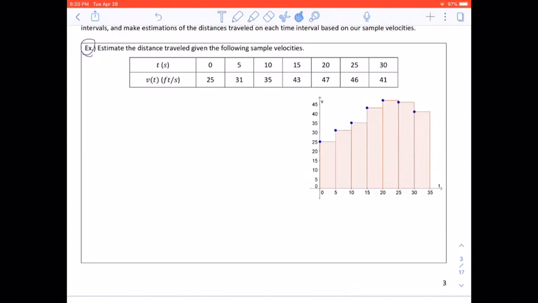Most of the time you see one either as a table or as a graph, usually not the same in one problem, but it allows you guys to see both of these as we work this out. So we're going to have to estimate the distance traveled. So distance is equal to rate times time, or velocity times time. And if you notice, our increments up here are counting by 5s. That's the width. You can also notice that that's down here too, that the